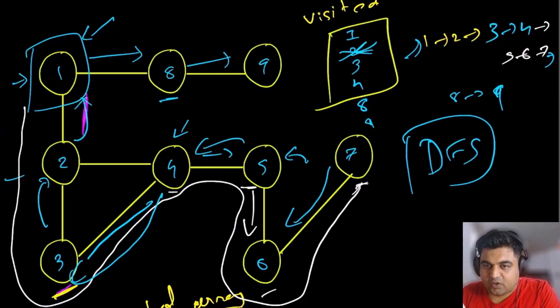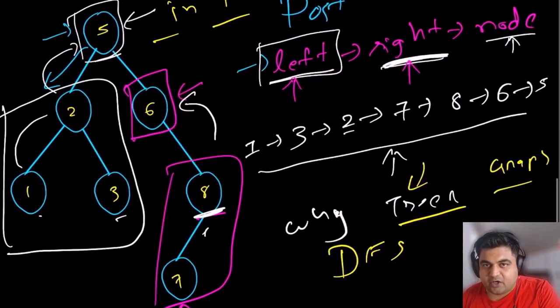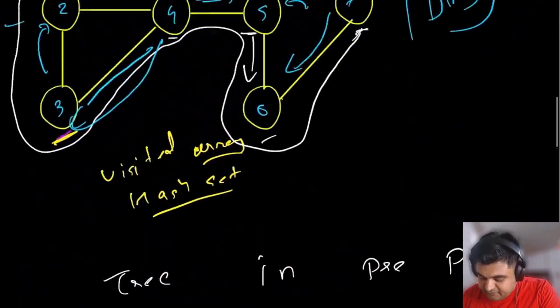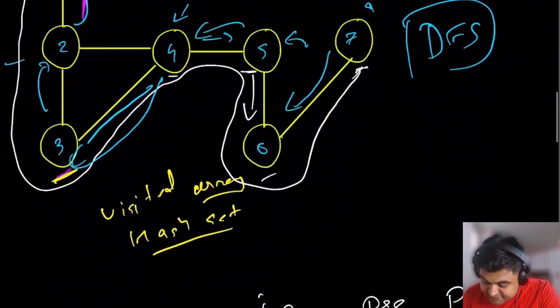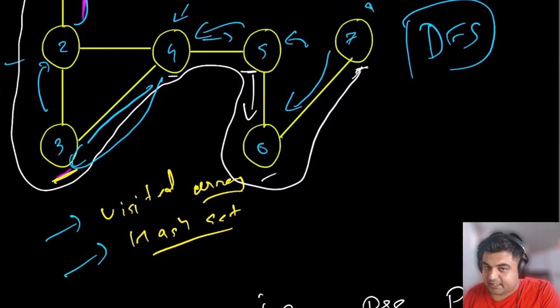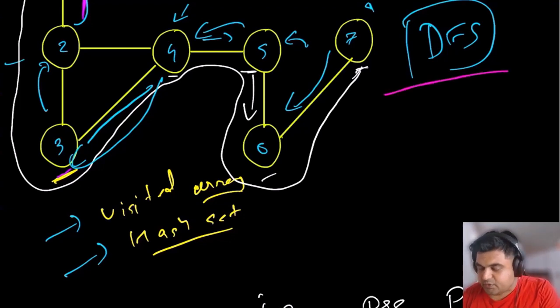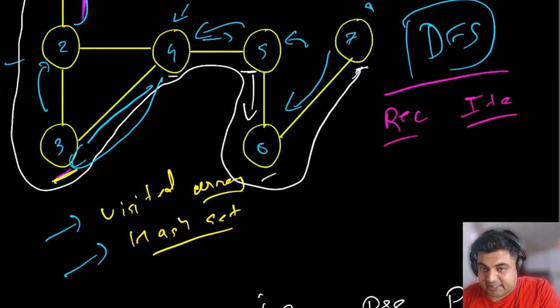So this is the whole logic of why for trees you will have to use in-order, pre-order and post-order traversal. Meanwhile for graphs you will have to take care of loops using either a visited array or a visited hash set. You can pick and choose, but you have to remember that you will have to use it. Now let's see what different ways there are to iterate in depth first search, and there are 2 ways you can do it. You can do it recursively or you can do it iteratively. I'm going to show you both ways before moving on to the solutions.